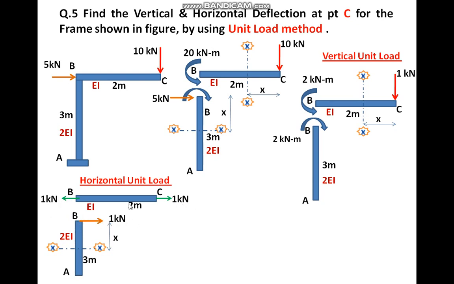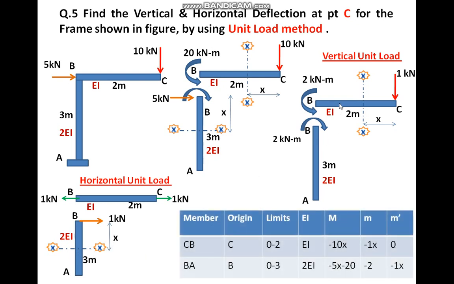I'll show 1 kilonewton in the horizontal member. Here the force is horizontal but the distance is not vertical, the distance is also horizontal. For that reason, B to C will have 0 moments. Here you do not cut the section horizontally; even if you cut the horizontal section, there is no distance. For that purpose you apply the unit load moment at the B point, 1 kilonewton. C or B are both the same, on the same axis, so 1 kilonewton is applied at B. So cut the vertical member section xx at a distance of x.